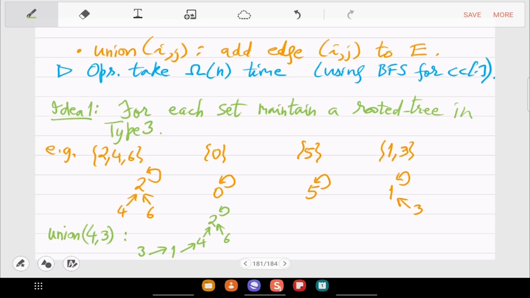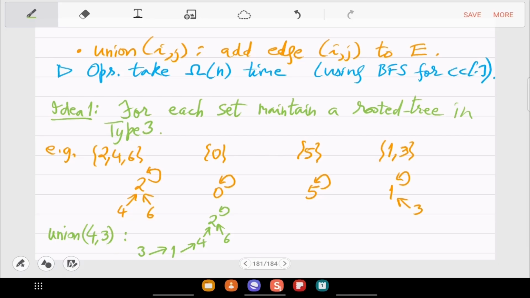What we have done is that the root of where 3 is, which is 1, is no more a root. We make its parent something which lives in 2, 4, 6. So it becomes this bigger tree. In fact, what we have done is just set the parent of 3 to 4.